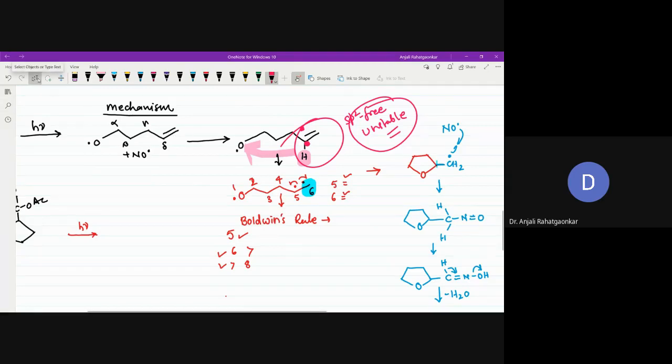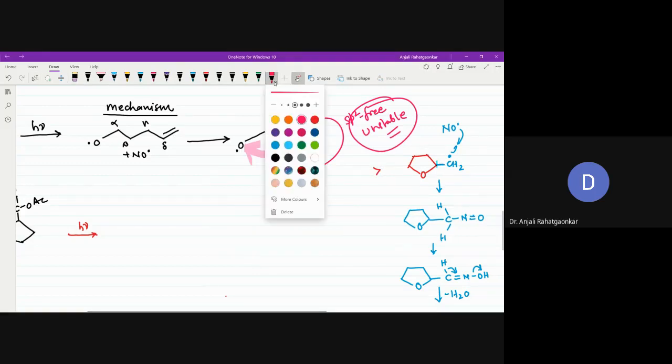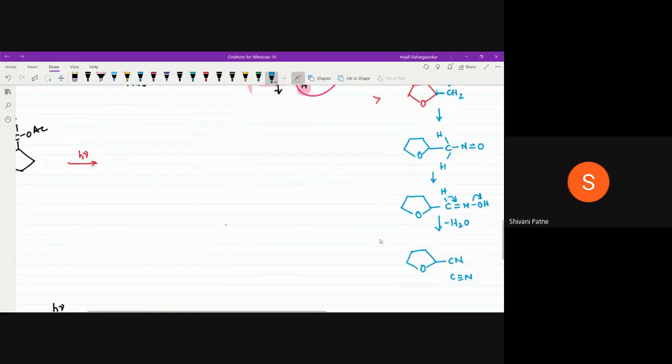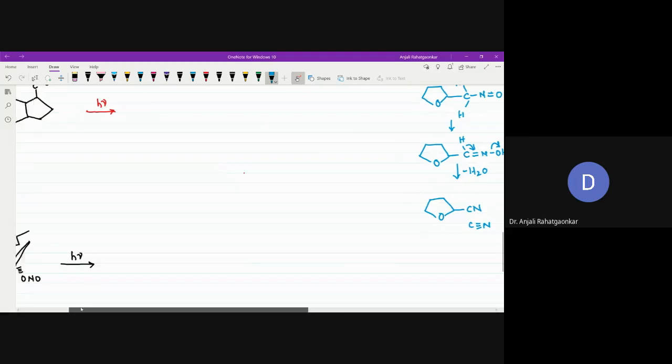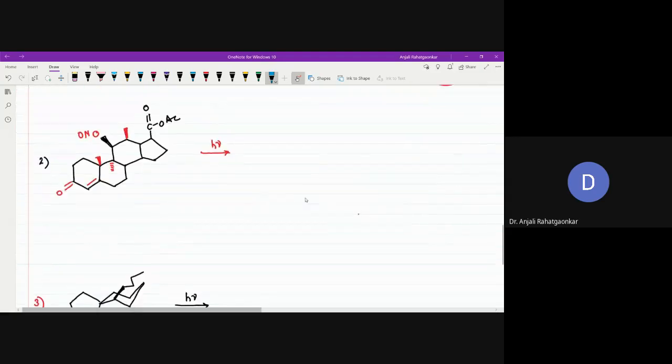Now let us see the other example. इतना समझ में आया आप लोगों को? Yes, ma'am. ओके, चलो तो अभी हम लोग दूसरे मॉलिक्यूल की तरफ बढ़ते हैं।